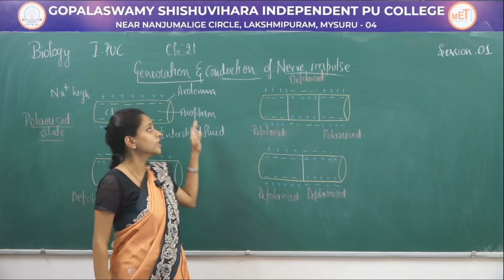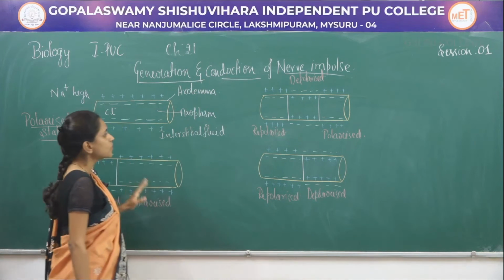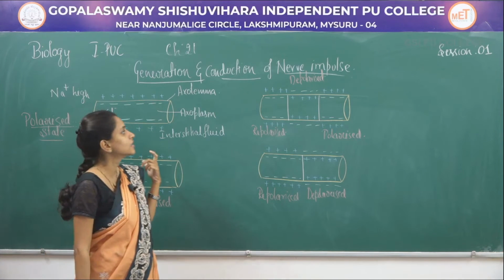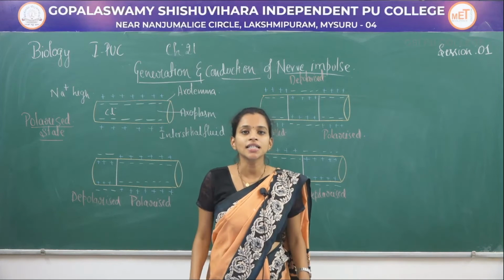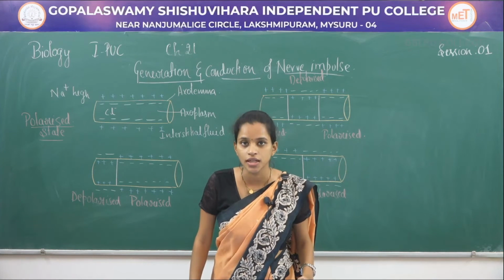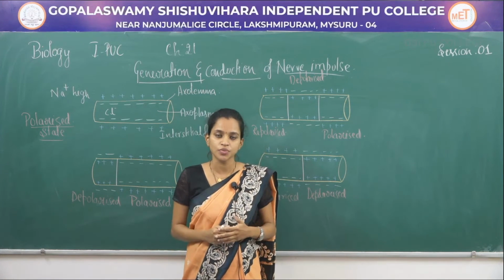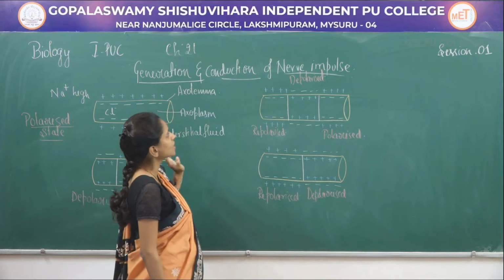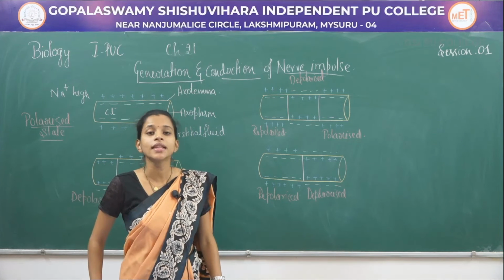So next is about the generation and conduction of nerve impulse. In this diagram you can see, first of all, to define what is conduction. Conduction means the stimuli which passes on into the nerve creates a wave within it, which leads to the conduction process. In this conduction, the major involvement will be of a neuron, the axon